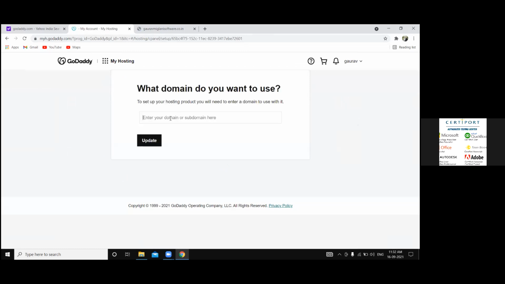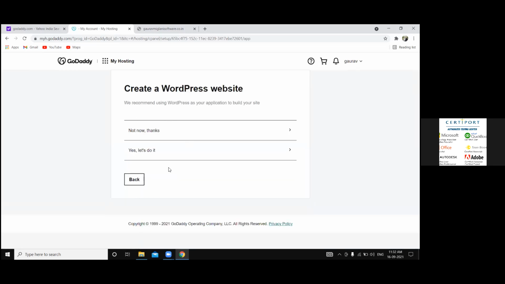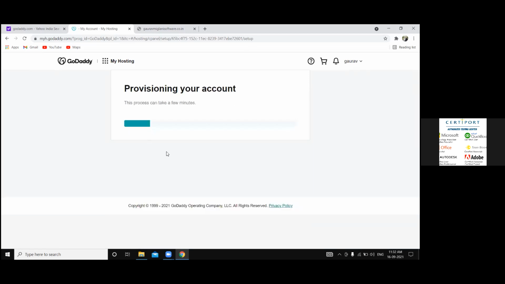So we are going to set up the hosting, and we are going to use this same domain which we purchased, gauravmiglanisoftware.co.in. Choose a data center. We will keep the hosting in Asia. Create a WordPress website? No, we are going to deploy our own websites. This is the first time: whenever you purchase a hosting account, you have to go to My Products, go to your web hosting, and set up the hosting for the first time. Once the setup is done,